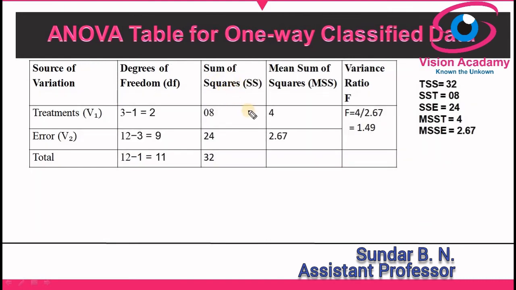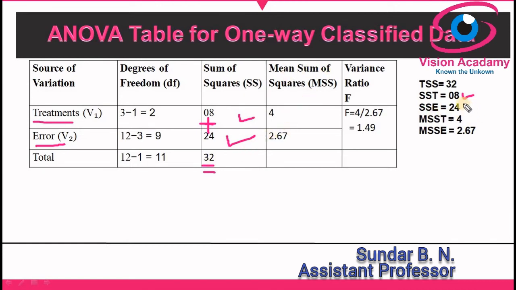In the sum of square we have two sums of square, as I told you. This is SST. Here it is a treatment. Since it is a treatment, for sum of square we give treatment, then it becomes SST, sum of square due to treatment. So we plot the data of SST here, that's 8, and here it is error. Since it is error, sum of square due to error, I have considered SSE here. When we add this together, 8 plus 24 becomes 32, which must be tallied. Then only your problem is right. You can take for granted that your problem is right.